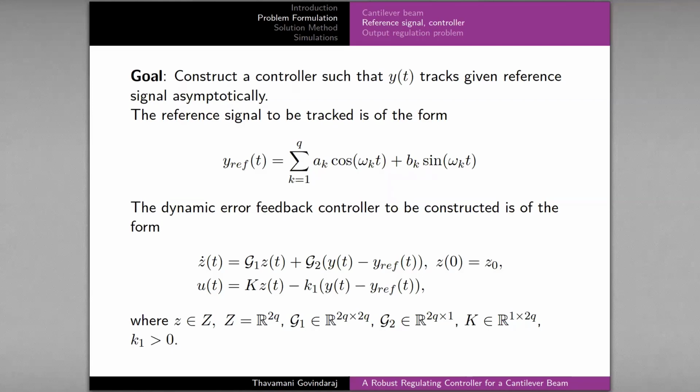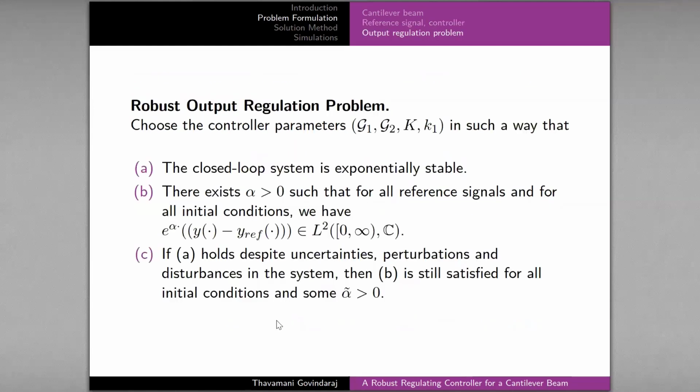The dynamic error feedback controller to be constructed is of the form given by these equations. Here, Q represents the number of frequencies in the reference signal. Then the robust output regulation problem is given as follows. Choose the controller parameters G1, G2, K and K1 in such a way that the closed loop system is exponentially stable. There exists alpha greater than 0 such that for all reference signals and for all initial conditions, we have